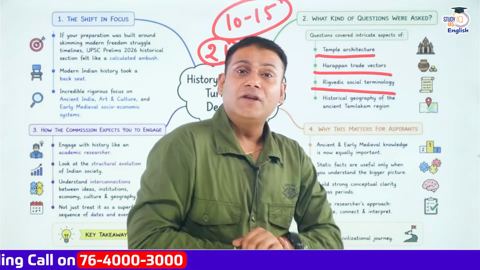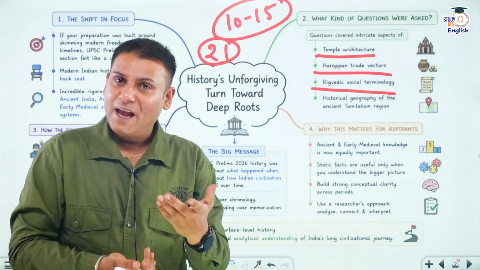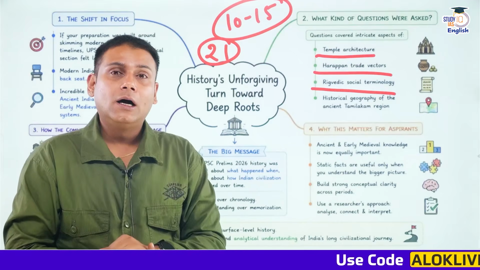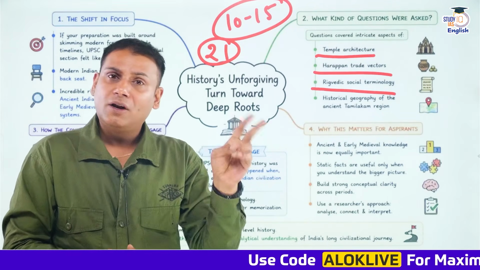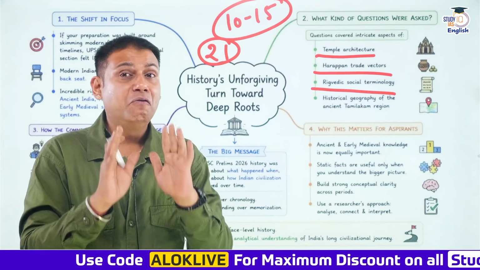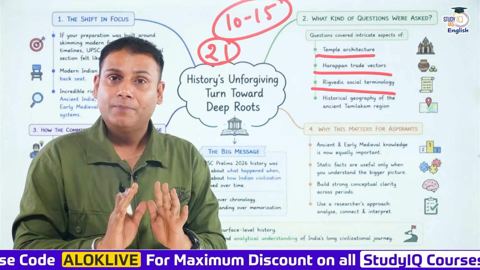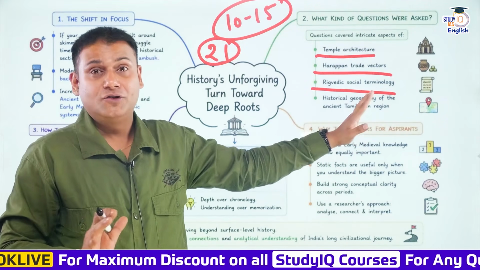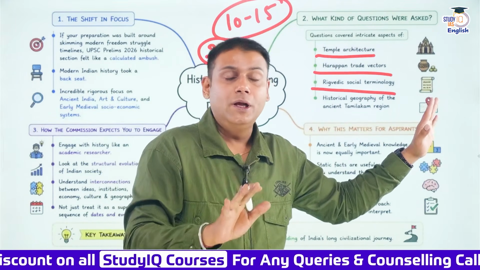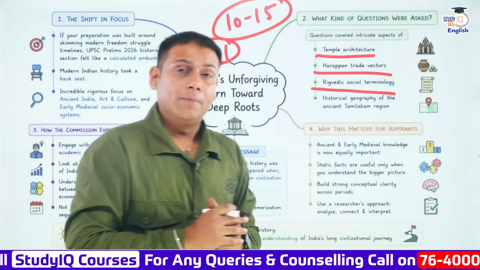Third, the Vedic names of the rivers have been asked, such as Byas, Ravi, that is Parushini, then Jhelum, then different rivers have been asked, Vedic names. So here we can infer one thing, we have to focus on the terminologies as well. Okay, it's not just about Rig Vedic terminologies. It's also about the terminologies related to the Sangam age, terminologies related to the Gupta age, and so on.